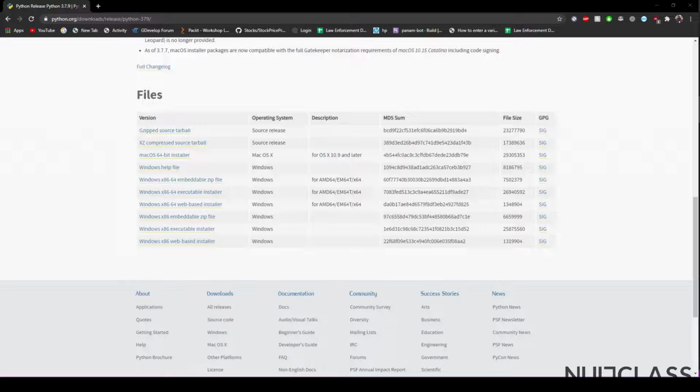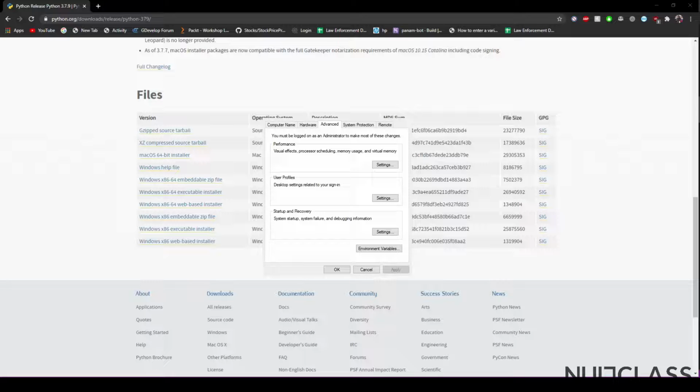In case you forgot to add to path, I'll tell you how to do it. For that you'll need to search path in the search bar of Windows, and select the first option, that is edit the system environment variables. When you select it, the window will come up something like this.